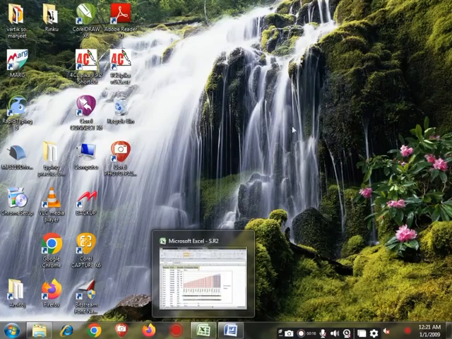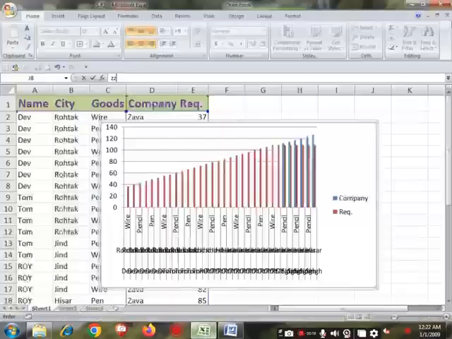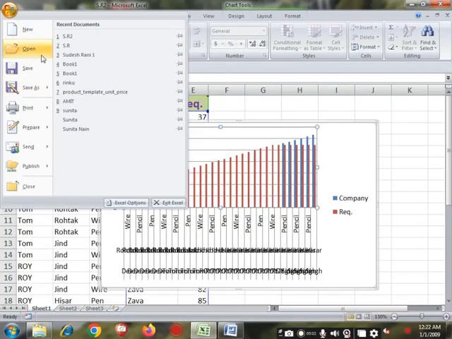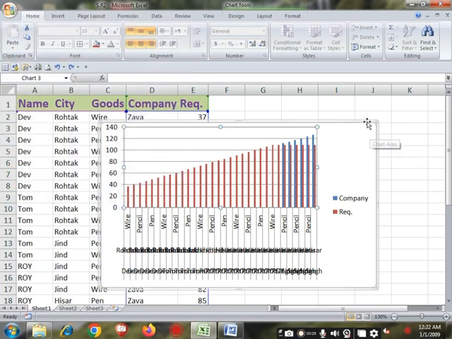We are learning Excel software from basic to advanced, and today we will learn about the file menu and some important shortcuts. For this, firstly we will open our software. Just simply click on it and you will see the software on our screen. Today we will discuss the file menu and some important shortcuts.